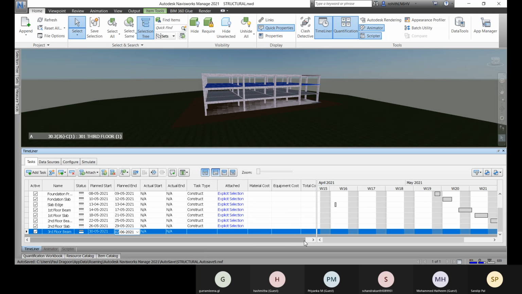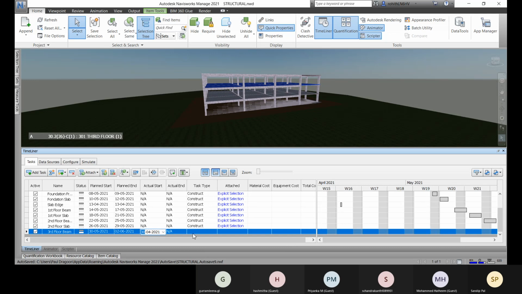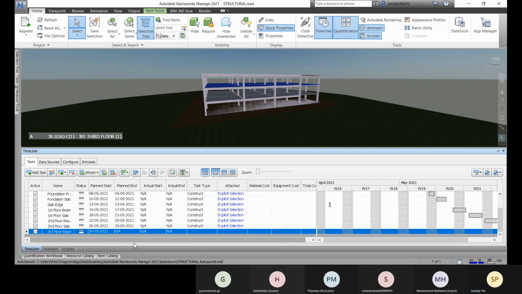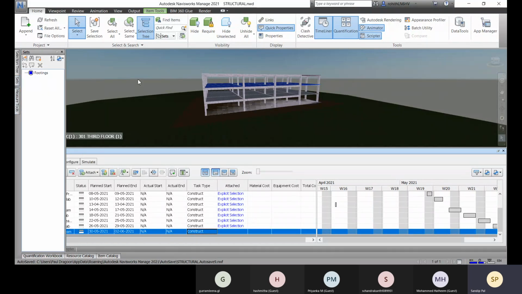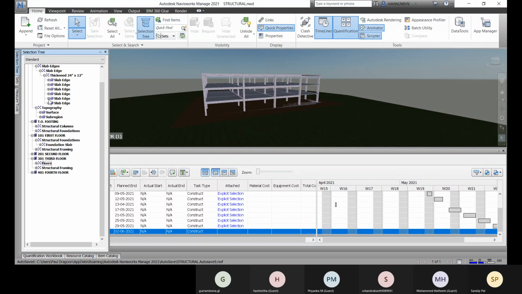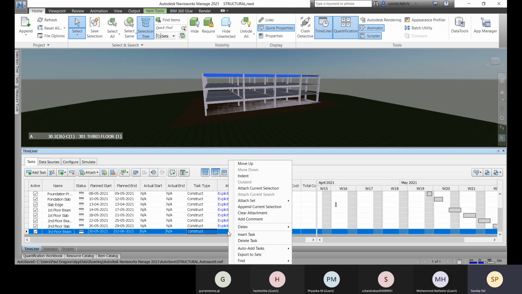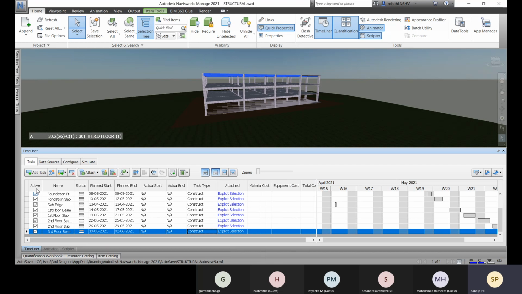Okay. And if it is delayed, you can do that. It is going to be construct and let me go for selection. So selection tree, structural framing, and right click and attach current selection.